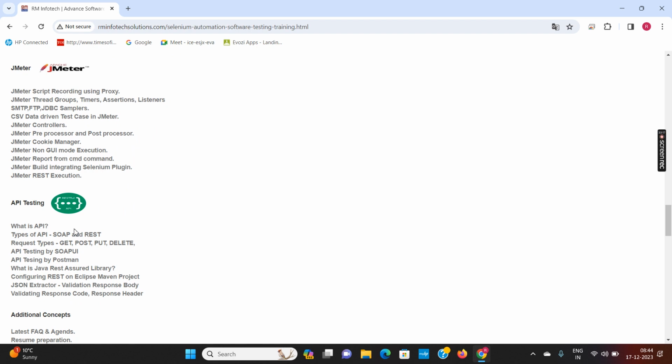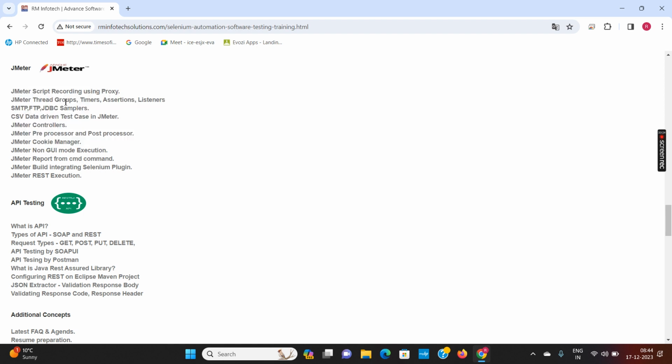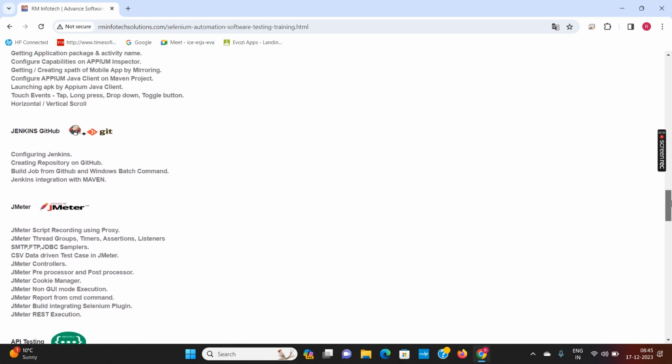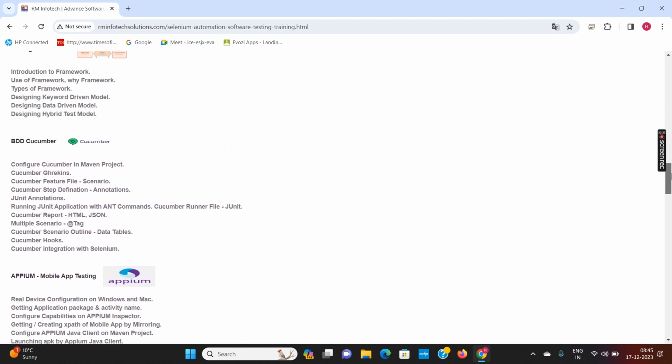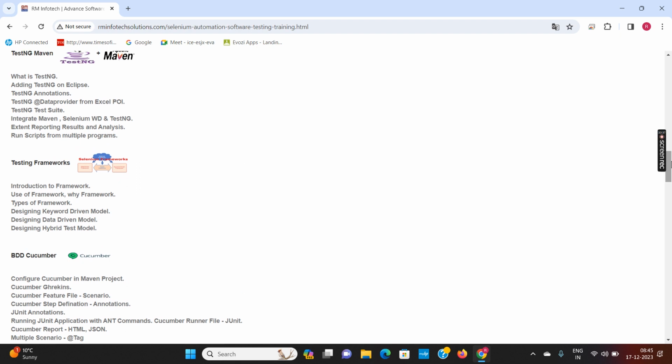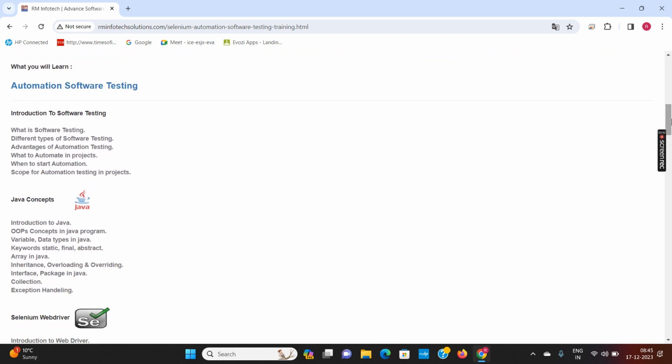We'll be working on API testing. JMeter is there, but we will not be working on JMeter. That is not a part of our curriculum, but API testing is part of our curriculum. Jenkins is part of our curriculum. APM is part of our curriculum. Cucumber is part of our curriculum. Maven and the TestNG framework are part of our curriculum. Selenium is part of our curriculum, and core Java is part of our curriculum. This is our course content, and the duration is